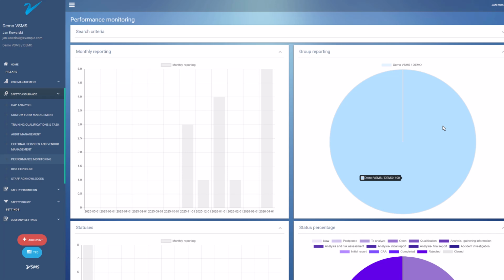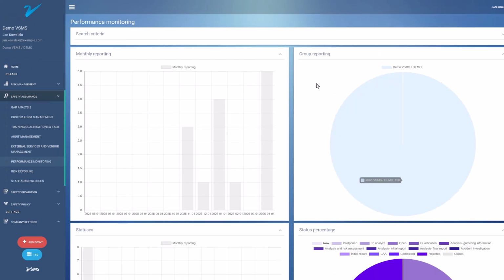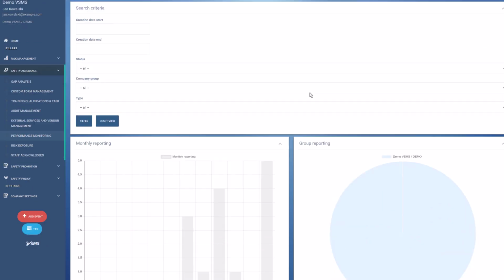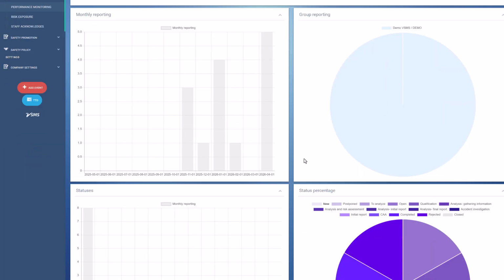Summary of purpose. Essentially, this module turns raw safety data into safety performance indicators, SPIs. It allows safety managers to move from guessing to knowing by providing a visual evidence base for proactively identifying emerging risks, verifying that corrective actions are effective, providing audit-ready proof of safety oversight for civil aviation authorities,